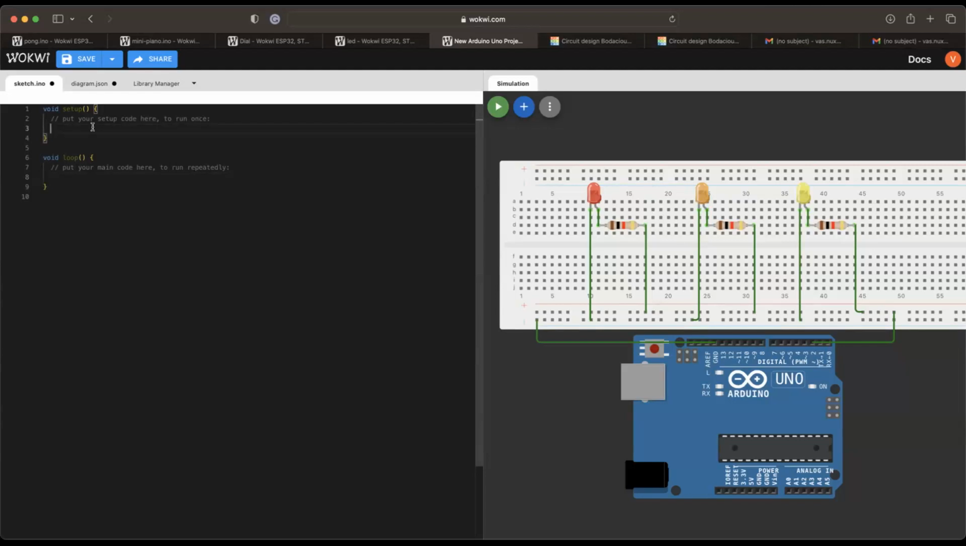Yes. Okay, so right now we only have one pin, although we have 3 LEDs, they're all connected to the same pin, so pin 2. So it'd be pin mode,